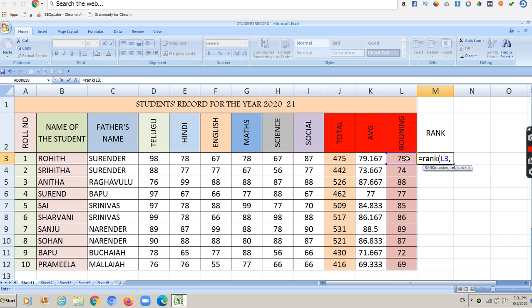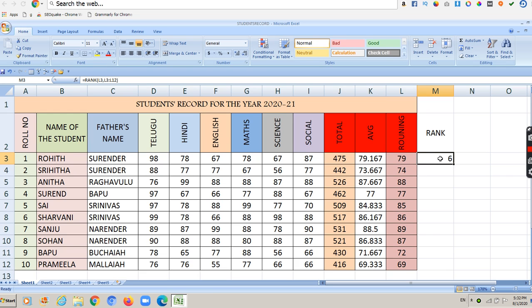You are comparing, among the 10 students, the number 79 of roll number 1 with the other 9 students. So you have to take all the others' data here, from L3 to L12. Okay, so we got the rank of the first student: 6th rank.